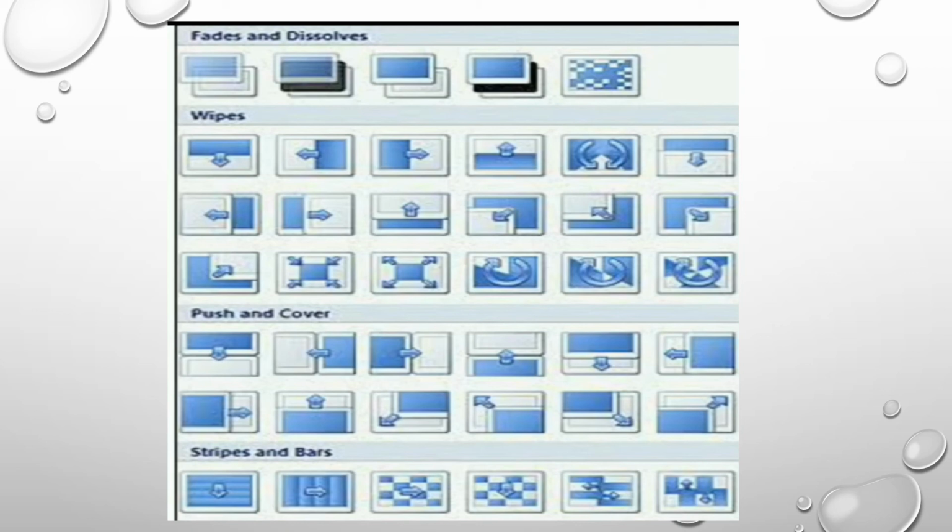Students, slide transition means suppose your first slide is displayed and then you want the second slide to enter into the slideshow. When the second slide is entering into the slideshow, you want some animation effect for the transition. This is called the slide transition. And custom animation means the various elements of the slide like text, pictures, figures, shapes can be animated using different effects. These are the different ways of slide transition and custom animation.